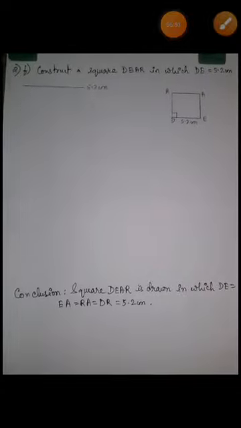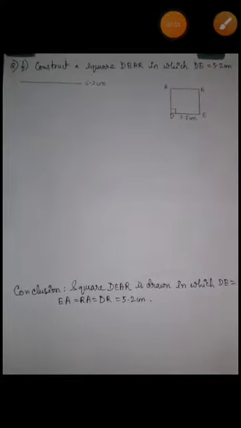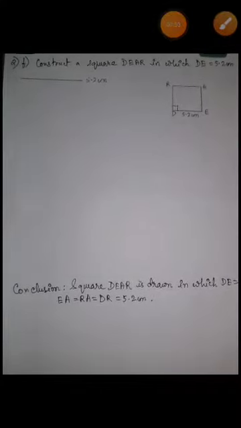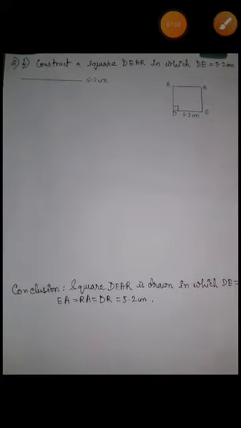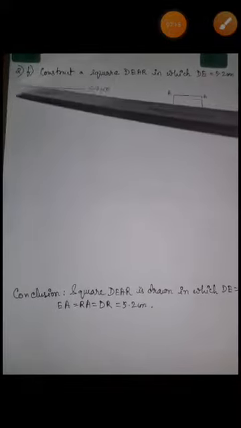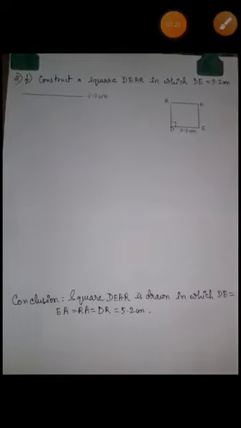Now students, we are going to construct a square. Children, you know that in a square all the vertex angles are of measure 90 degree, and just like the rhombus it has all its four sides equal. So using the property that its vertex angle is 90 degree, we are going to construct the square. At first we will have to take the measurement of the side, which is 5.2 centimeter. You can see that I have drawn the line of the given measurement.